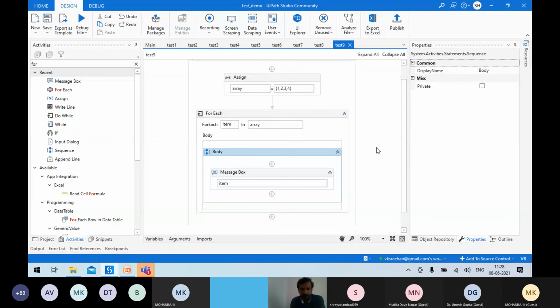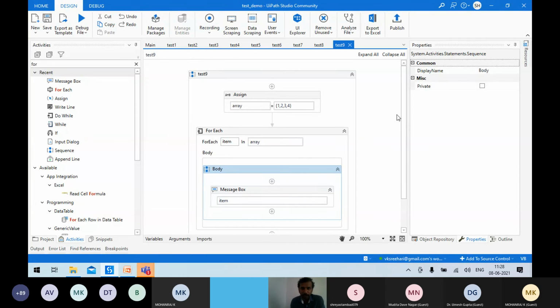I know that at the end I made it a bit faster because I was running short of time. But my purpose was that for those who are new to the programming side, I wanted them to feel that programming with UiPath is easier, and the environment is easier. That is why we decided to take examples and exercises like these. I think at least now you are a bit comfortable with the exercises. The next session, at 11:30 exactly, will be handled by my friend. I believe he'll be dealing with the advanced concepts.